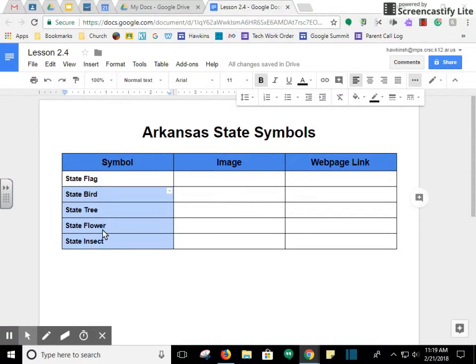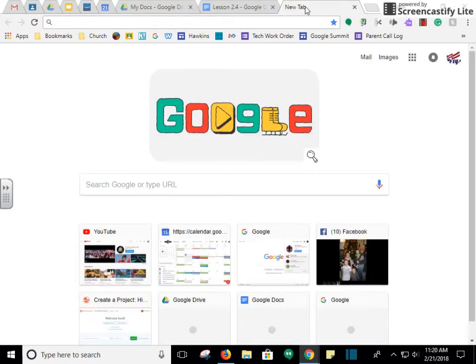And it says in step 10, you're going to find the images and information you'll need for your table. You should open a new tab on your screen and go to statesymbolsusa.org or similar website. I would just use the one I gave you. From the list of states on that page, you will choose the name of the state where you live right now, which is Arkansas. So we're going to open a new tab and go to